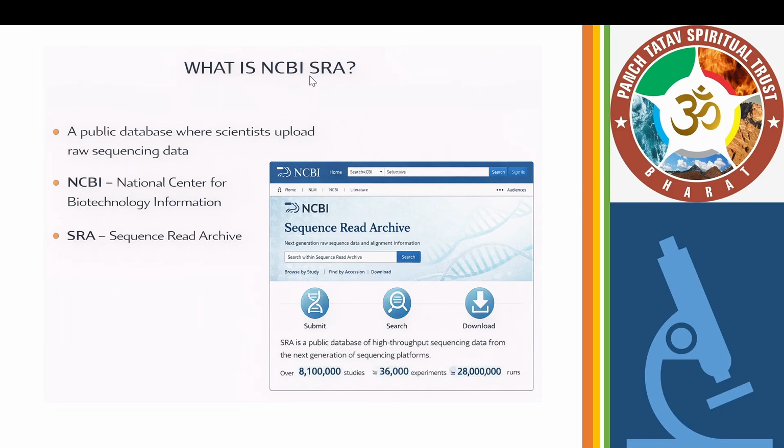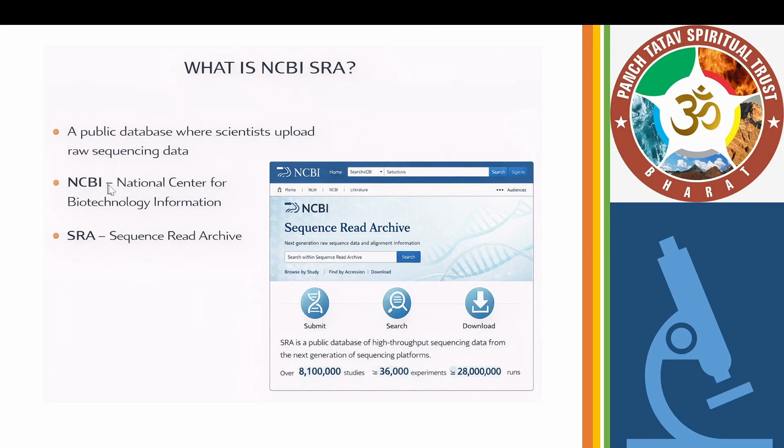Are we familiar with the term raw sequencing data from yesterday's lecture? So what is raw sequencing data? The output of the NGS machines, all the reads. Scientists upload the raw sequencing data on this public database, NCBI SRA.